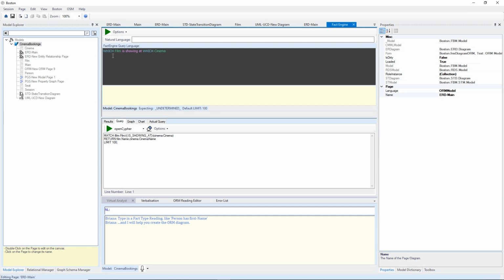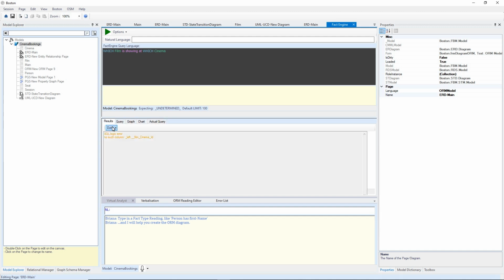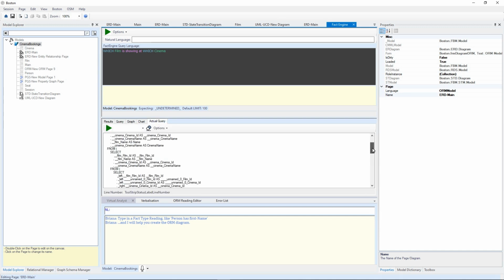It's generated from which film is showing at which cinema. The query: match film is showing at cinema, return the film name and the cinema name, limiting 100, and then that gets converted into SQL via a transpiler and run to get the query. If I have a look at that, so that's film cinema ID, if I have a look at the actual query and just fix that manually in this instance,